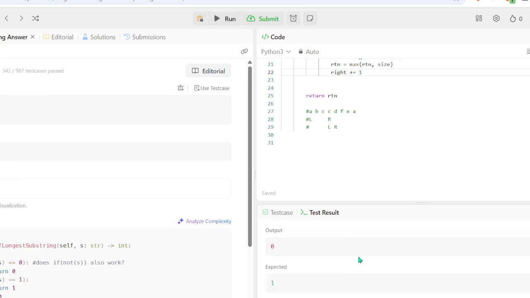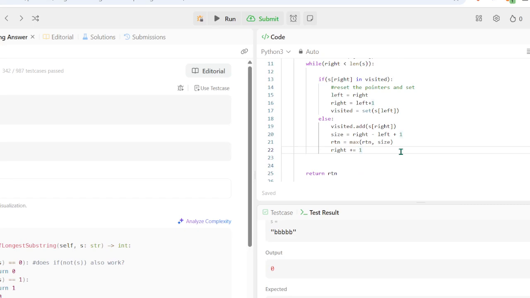Oh, okay, what happened here now? B is outputting 0. Why is that happening?